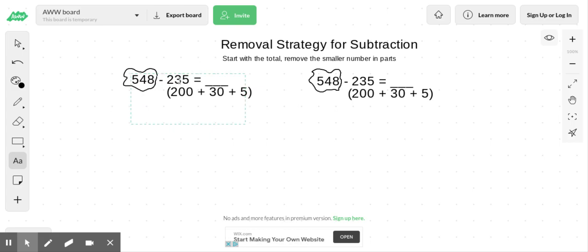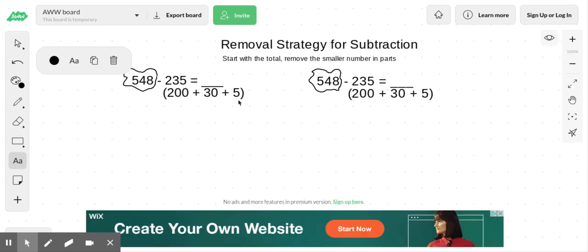So you'll see that I put a little cloud around the total here, 548. I do that to remind myself not to decompose that total. I did decompose the smaller number, so 235 is decomposed as 200 plus 30 plus 5. So I need to make sure I start with my total, 548. And what I want to do is remove 200, 30, and 5, and my answer will be